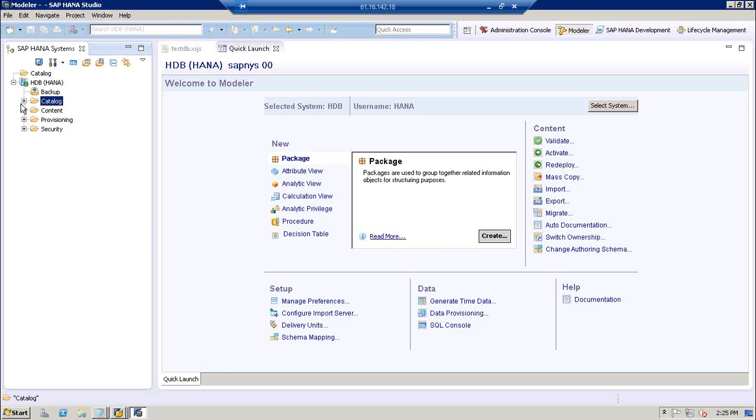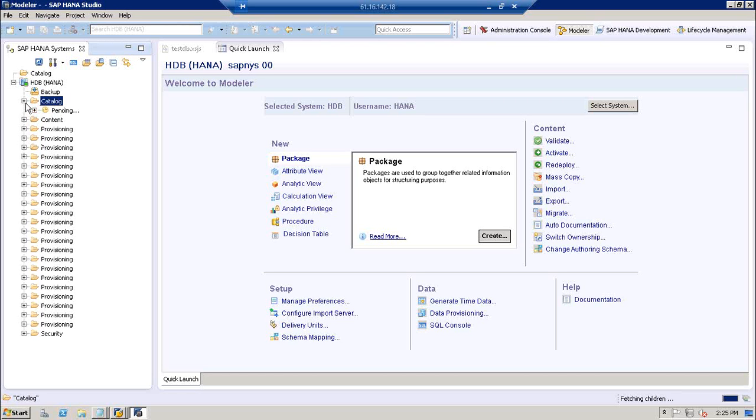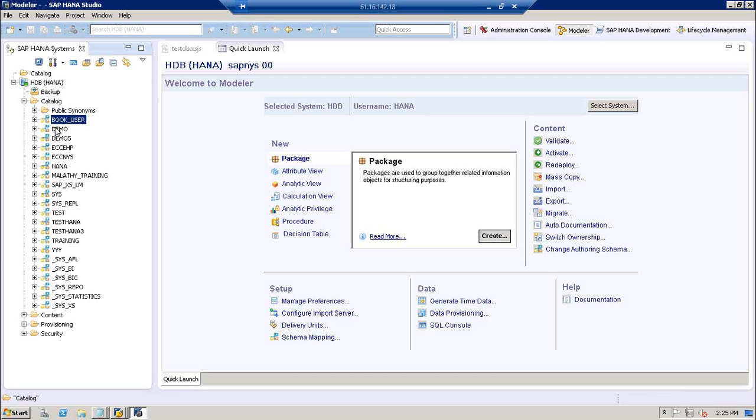When you expand the catalog, these are the names you are seeing: demo, demo 5, ECC HP, ECC NYS, HANA, SAP XS. These names are schemas. Some of the schemas are standard system-specific schemas, like sysbi, sysbic, sysrepo.